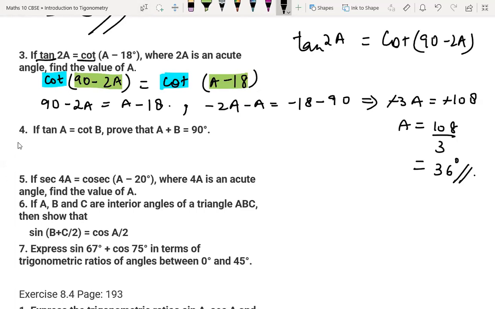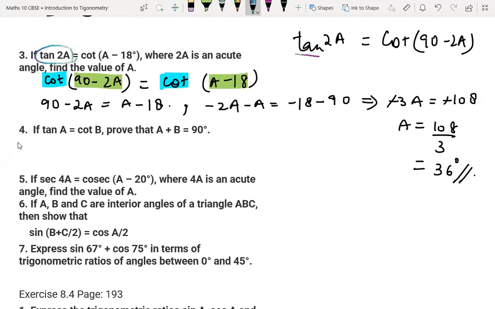If we have this both equal, either this both, see here is tan and here is cot. If we make this both the same, then our work will become easier. So we can write this is equal to this. But here in the question, what they have given is one is tan A and one is cot A. So we are trying to convert tan A into cot A form. So we can write tan A in cot A form.